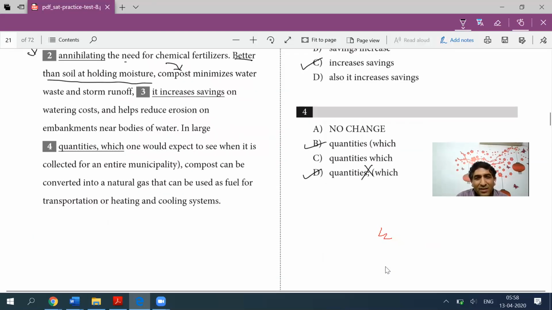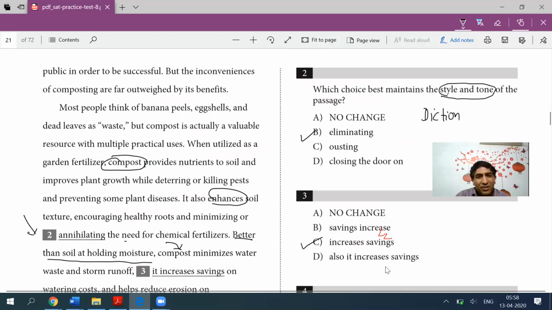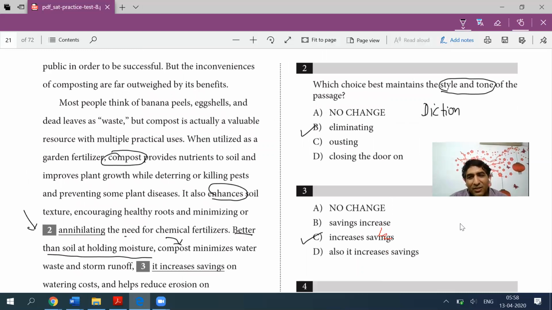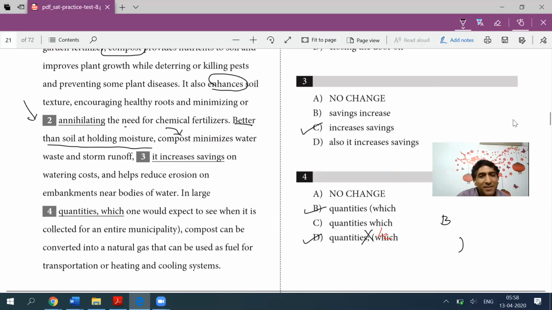The second question was related to diction, which is the choice of words. So certain vocabulary, knowledge of words or vocabulary is important. I'd say vocabulary. Third one is parallel structures, increases savings, and